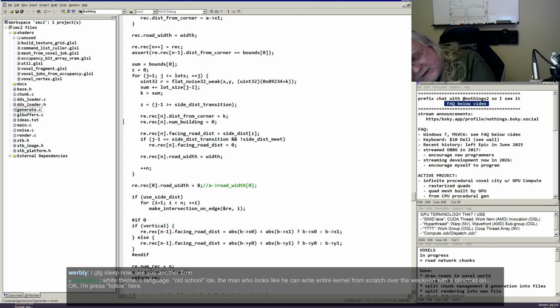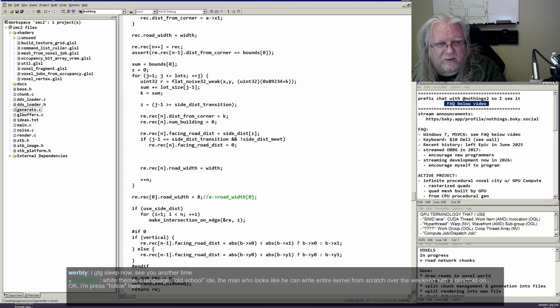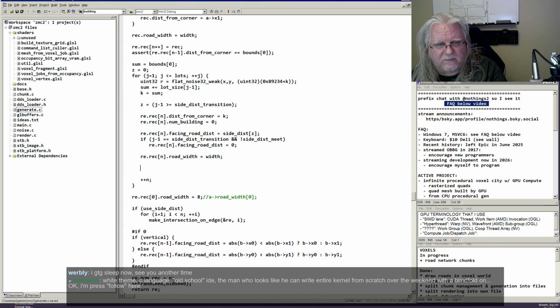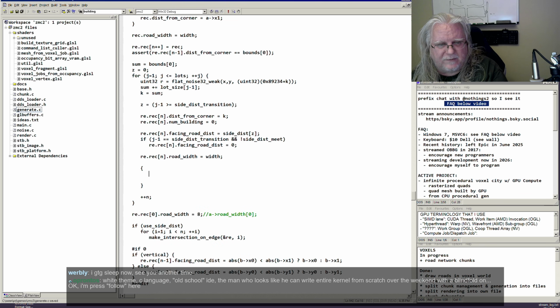I don't know if that's actually consistent. But anyway, so here we are. Our lot size is j minus 1. Okay, so our road, we know our road width here. Okay, so we have a facing road,